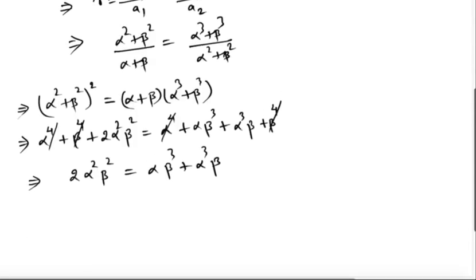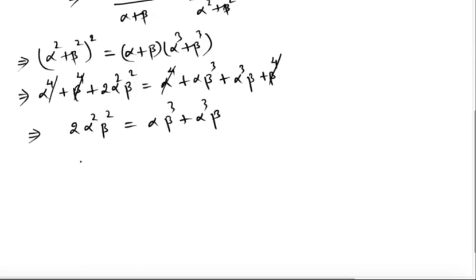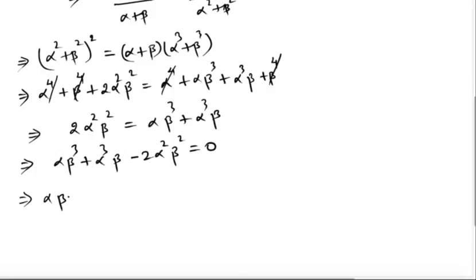Now what can we interpret from this? Let me take all of them to one side of the equation. So this will give me alpha beta cube plus alpha cube beta minus 2 alpha square beta square equals 0. Now I think I can pull out a single alpha and a single beta from these 3 terms present here. So finally I'll have alpha times beta, and inside I'll have beta square plus alpha square minus 2 alpha